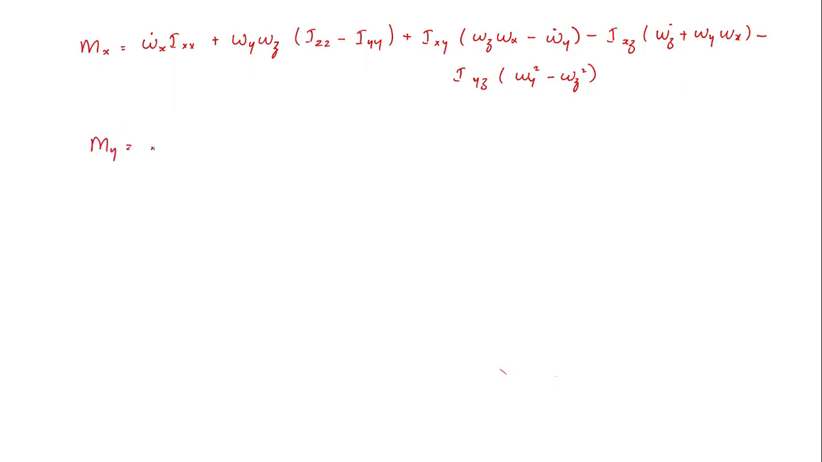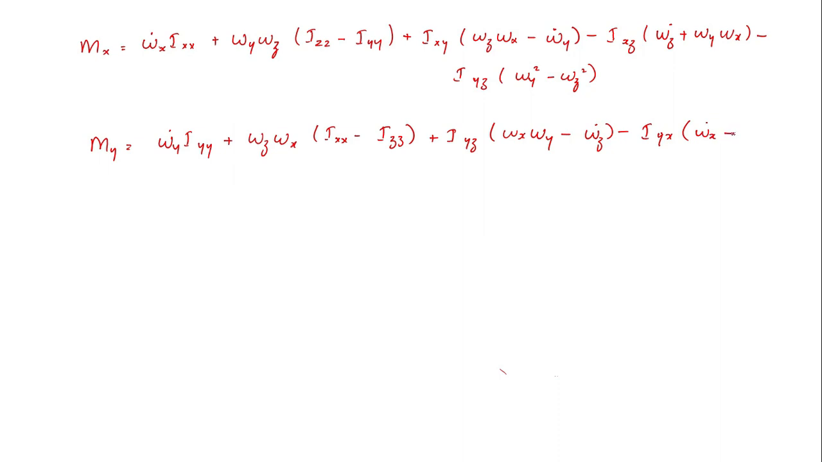Similarly, my I would get omega y dot into Iyy plus omega z into omega x into Ixx minus Izz, plus Iyz into omega x into omega y minus omega z dot, minus Iyx into omega x dot minus, plus omega z into omega y, minus Izx into omega z